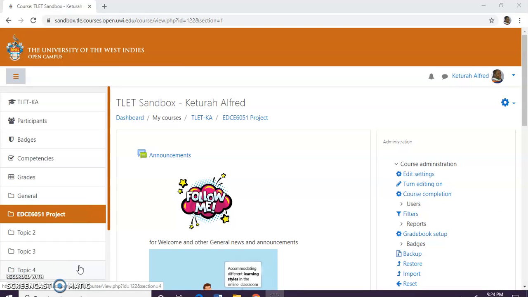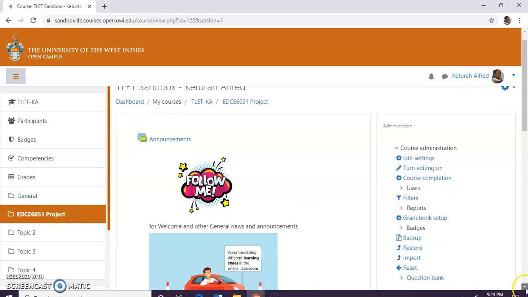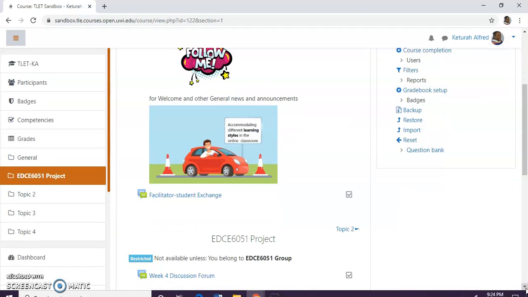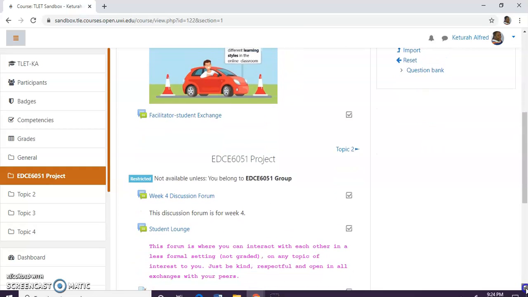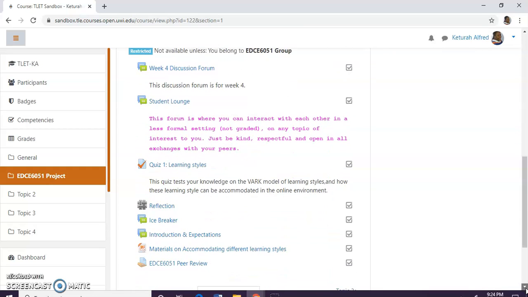Having done this activity in the Sandbox, I have learned a lot, and it was really a good stepping stone to what would actually happen less than no time after. And I am very happy that I chose to do that course.